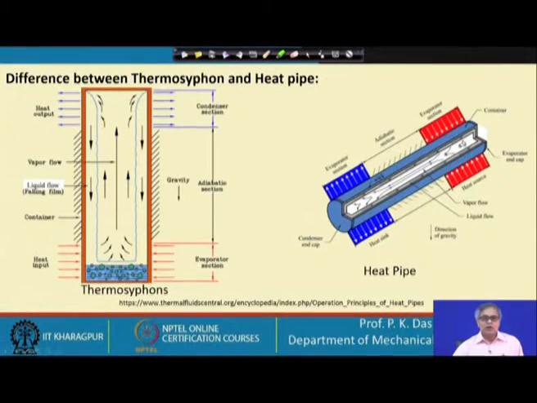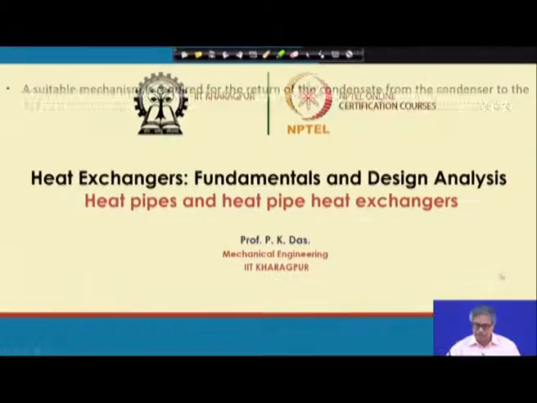So, this is the construction of a common, most conventional heat pipe, and as the name suggests, it has a pipe-like structure, and in most cases it has a circular cross section. It is not mandatory that it should have a circular cross section, we will see later on, but that was the initial design, and that is the design till today for most applications. Now, let us go back to the slide for the current lecture.